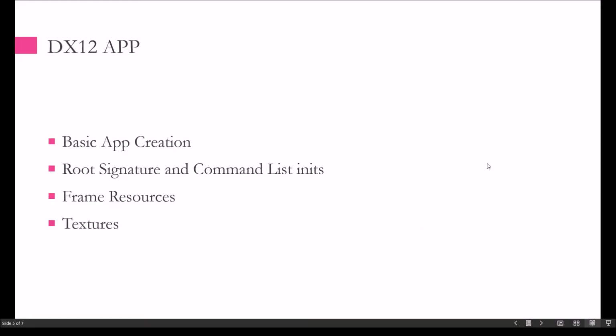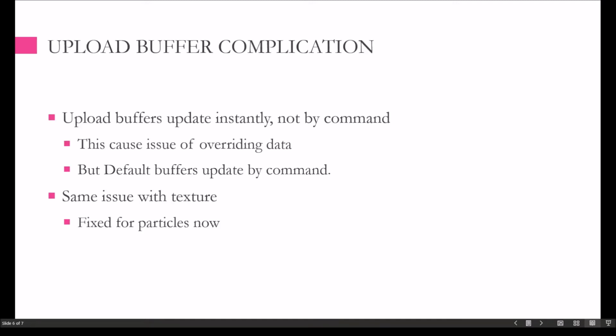So the last thing I want to talk about in regard to the DX12 app is a little bit of what I already talked about. I talked about how textures are all stored in the texture manager. They're in one big descriptor heap, so all the textures have one descriptor heap, and those descriptors point to the textures, which are stored in GPU memory. But then I want to talk a little bit about how I now have those textures working in instancing. So different instance models in one draw call can have different textures,